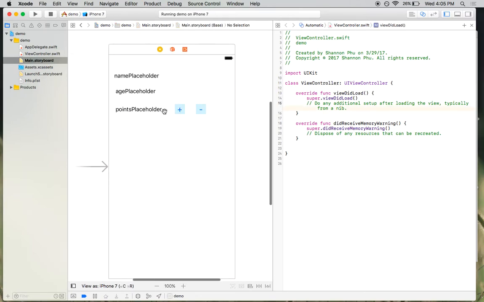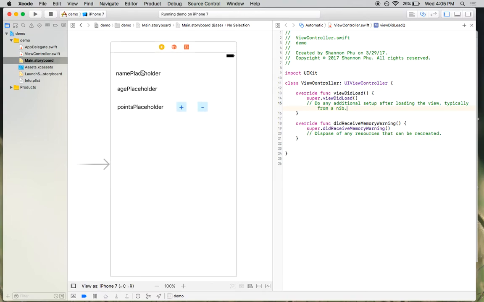To create an IBOutlet, first you select the label that you want to connect to your view, and then hit Control and click and drag it over into the view controller